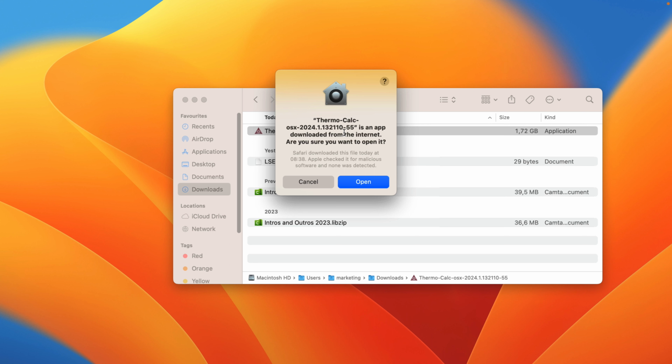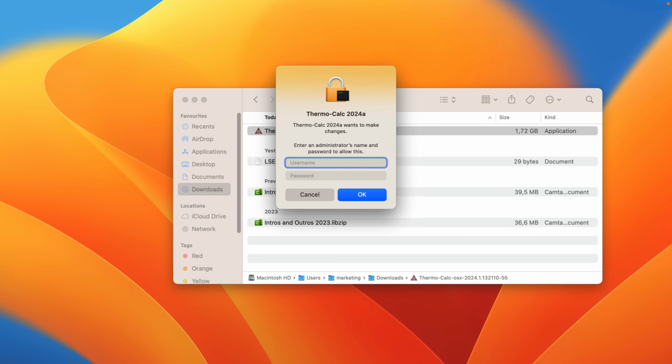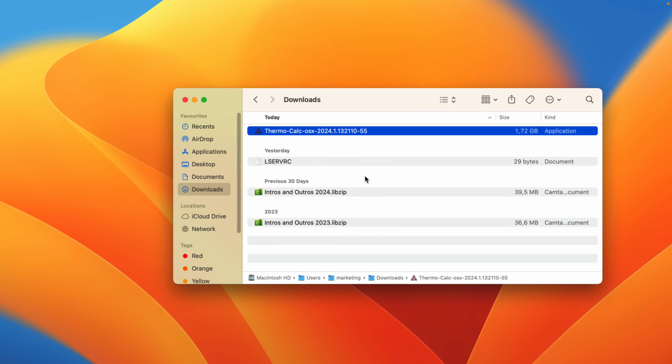If a security box appears asking if you are sure you want to open the file, click Open. If you are prompted to sign in as administrator to allow Thermocalc to make changes, do so. Then click OK to continue. If you do not know the sign-in credentials, it may be because you do not have administrator rights on your computer. If so, speak to your system administrator.